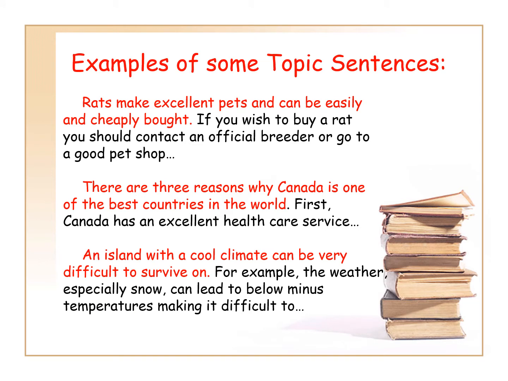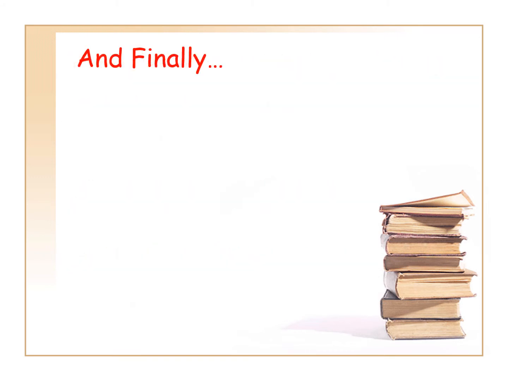Your third example is an island with a cool climate can be very difficult to survive on. This again, in red, is your topic sentence. For example, the weather, especially snow, can lead to below minus temperatures, making it difficult too. And finally,